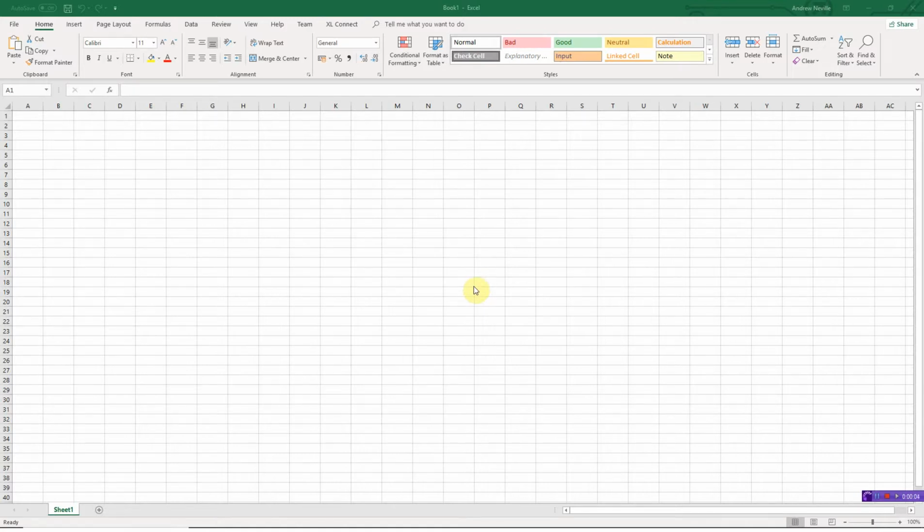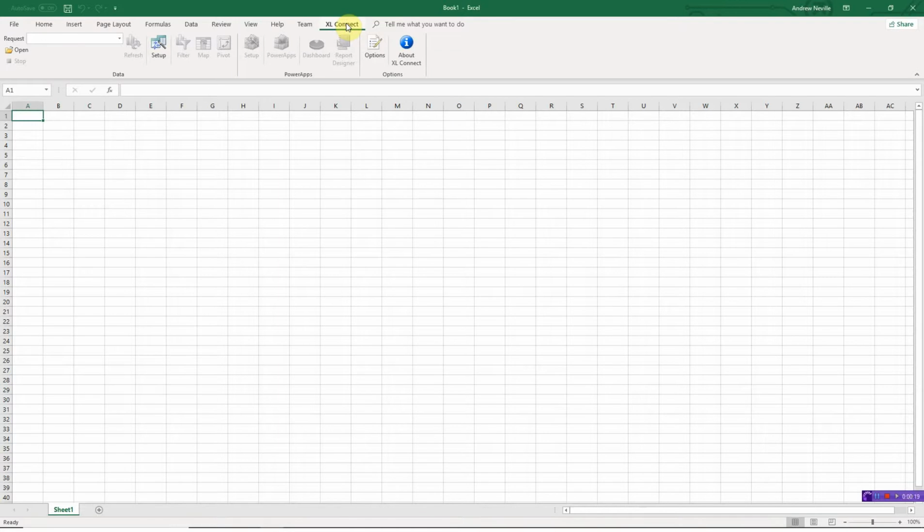So welcome to this demonstration of Excel Connect. Excel Connect is a data retrieval and reporting tool that works from within Microsoft Excel. It has its own tab in Microsoft Excel called Excel Connect. And what I'd like to show you today is retrieving some data and building a report to show the final